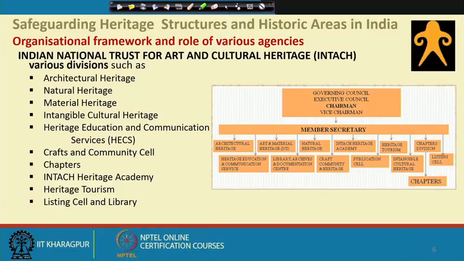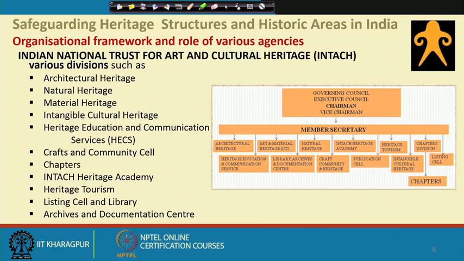So, INTACH that way works in tandem with the government. They also now have a consultancy cell where they take up individual independent projects. And there are also the archives or documentation center, and it now has its own standing, and the government also takes the advice and support of INTACH for the various purposes which are related to